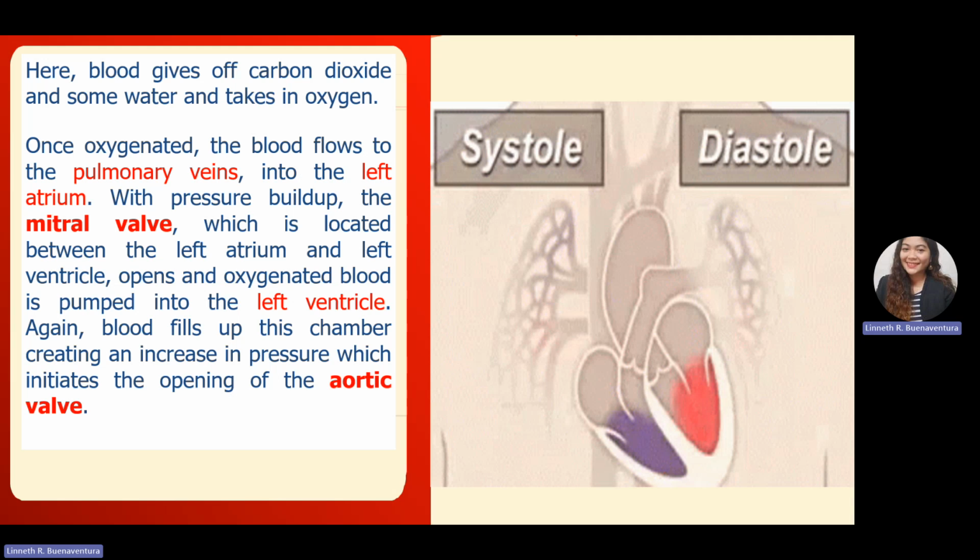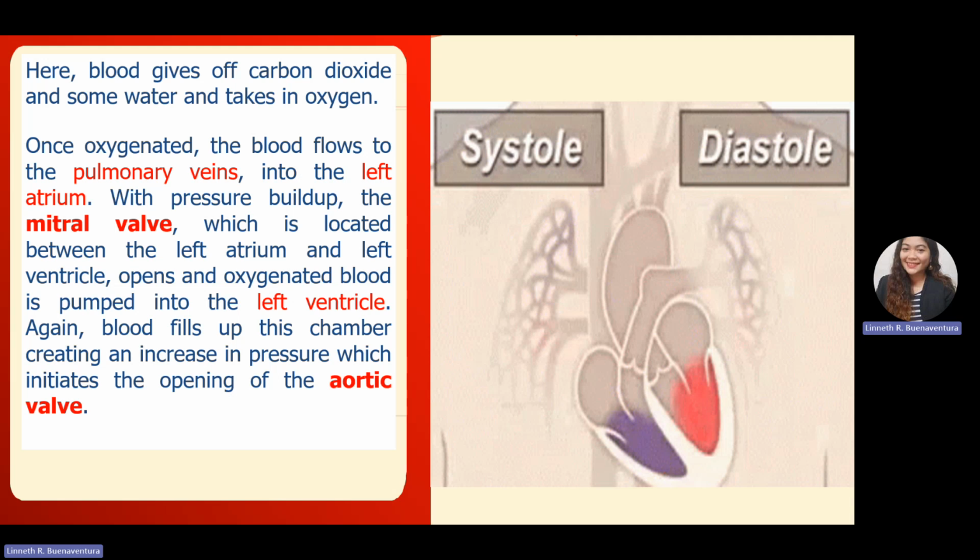So the left atrium, with pressure build up, will be filled, and then the mitral valve is the one that separates the left atrium and left ventricle, which is located between the two chambers. So it will open, and the oxygenated blood will pump into the left ventricle. So again, once the left ventricle is filled up, it will close to prevent any regurgitation or